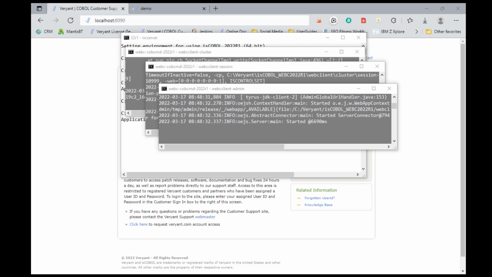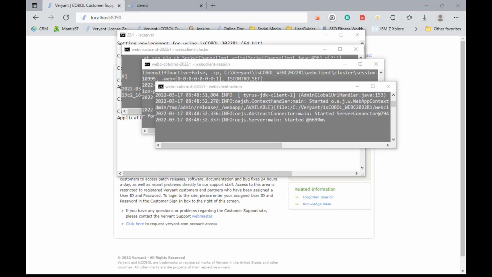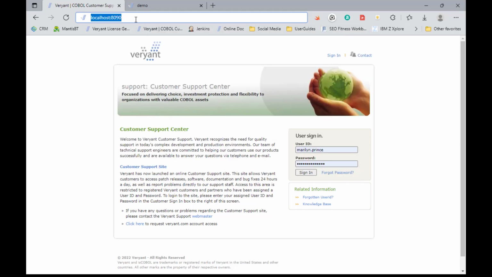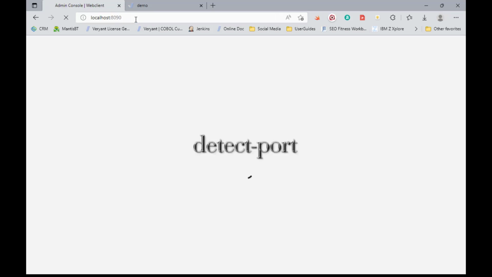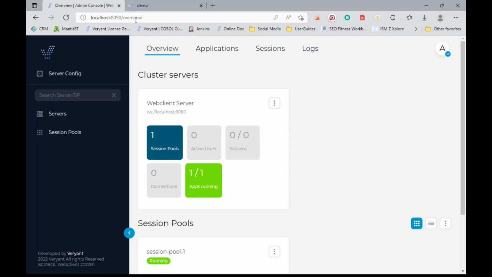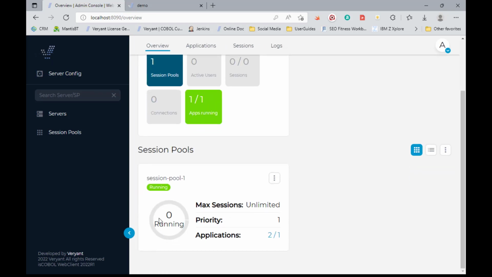Okay, let's take a look at the new Web Client Load Balance feature. For this demonstration, I have started in the foreground the application server, the Web Client Cluster, one Web Client session, and the Web Client admin. So I'm going to log into the administration panel. And it comes up on the overview, which is the information about the servers themselves. And it shows that I have one session pool and one app that's running, and a little bit more information